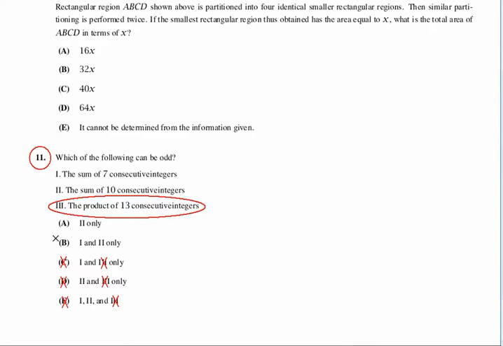We've got A is 2 only, and B is 1 and 2 only. Well, what does that mean? It means that really we can certainly take for granted that 2 is correct, that the sum of 10 consecutive integers can be odd, because both of the remaining answer choices contain Roman numeral 2. We only need to evaluate Roman numeral 1. So the sum of 7 consecutive integers,